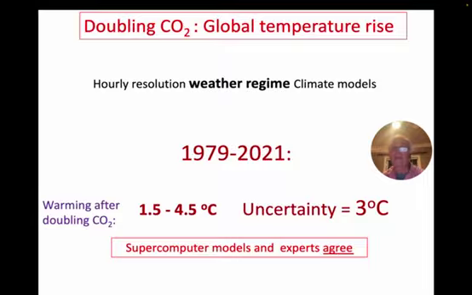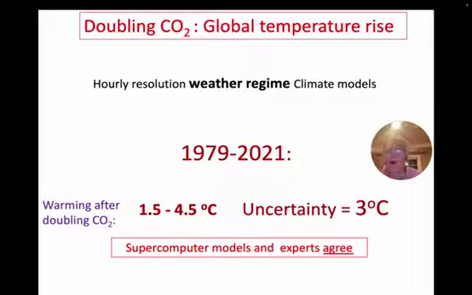To gain confidence, to determine their uncertainties, the forecasts of many models are compared, and the spread between the models, the difference between their forecasts, determines the overall uncertainty. Probably the single most important characteristic number quantifying the warming is the amount the temperature would rise if we double the CO2 concentration.